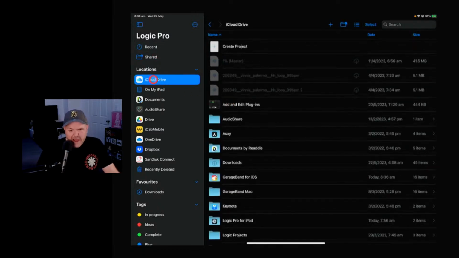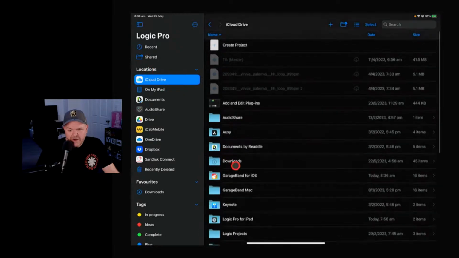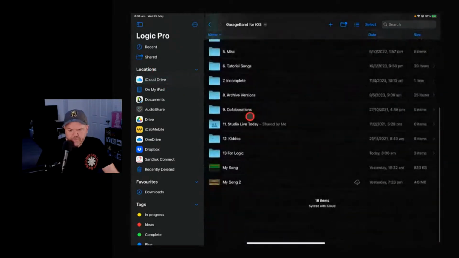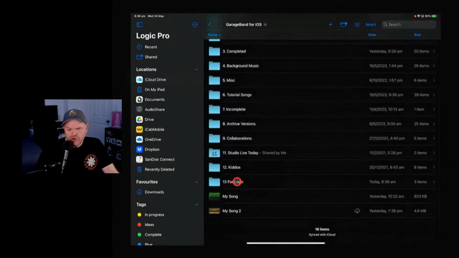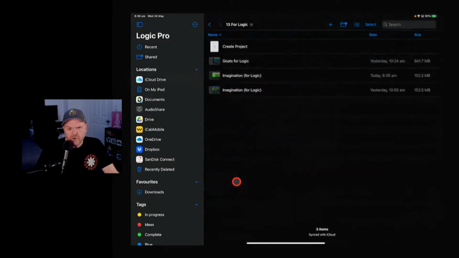It's very, very deep. So what I did though is I set up here in my GarageBand folder, which you may have seen if you were in yesterday's show, a For Logic folder. And in the For Logic folder, I've got a couple of tracks here. So you can see here, this one was yesterday's track. This is the GarageBand track, and this is the version that I actually brought across into Logic. I'm actually going to delete that because I'm going to show you how we bring it in.